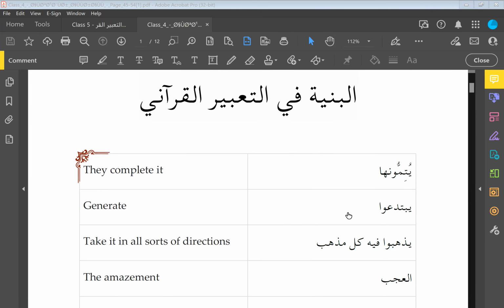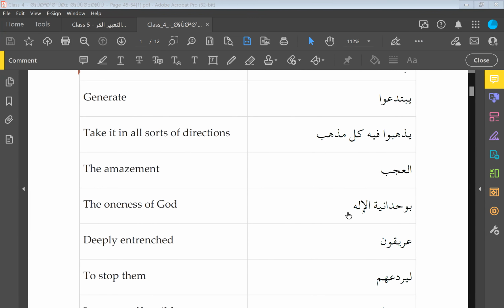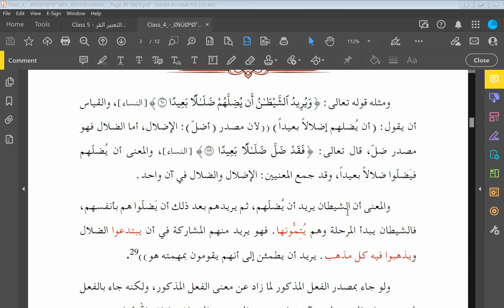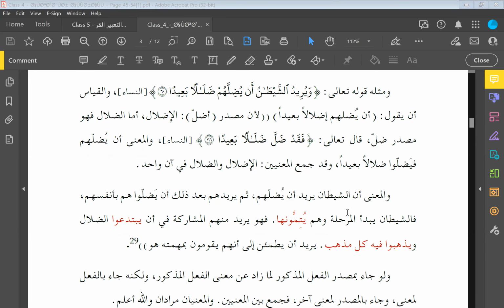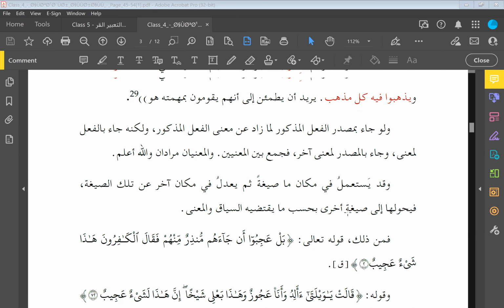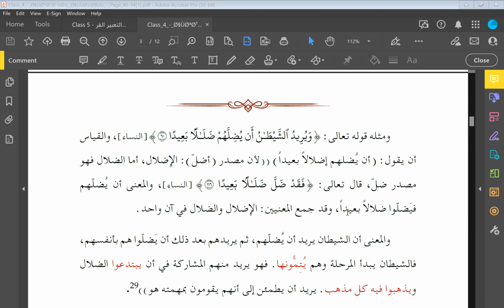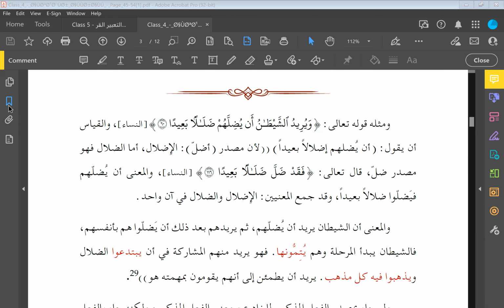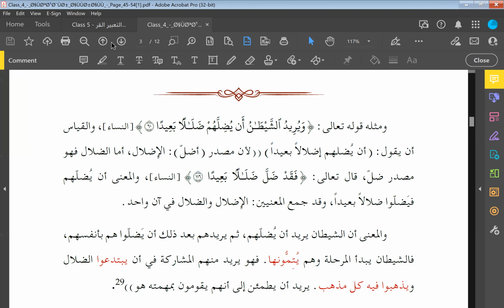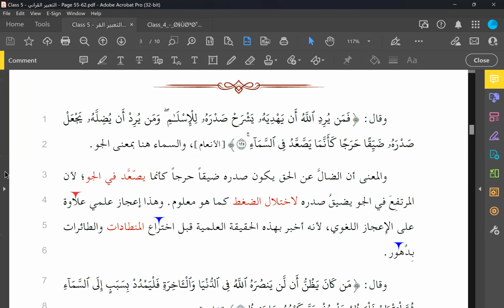I don't have an idea of how I'm going to do this, so I don't know if you guys want us to do the i'rab, so we go paragraph by paragraph. Of course, that will take longer, or maybe you have specific paragraphs that we can look at so that we can save a little bit of time. I don't know. What do you guys think? What should we do here? Because class 4 has 10 pages. If I may suggest,